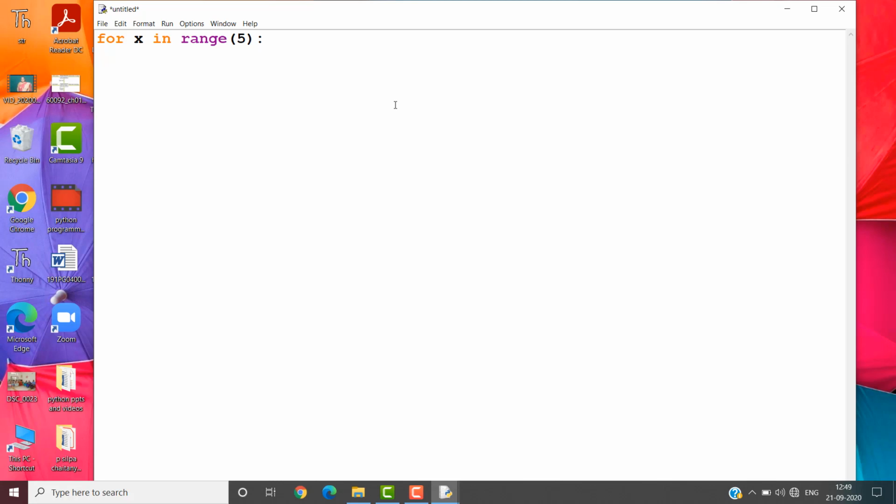Then what do I want to print? I am printing the iteration. So print the iteration number. I can print the iteration number by using the format function, in for loop. So dot format. Is it clear? We have seen this syntax. Yes, dot format of x plus 1. So for the first iteration it will print 1, then it moves on to the next. We will see how many iterations it will take.